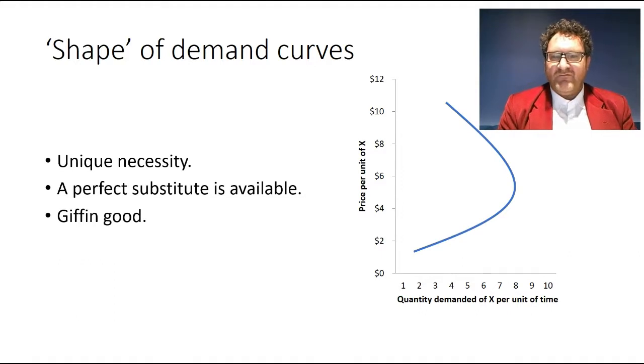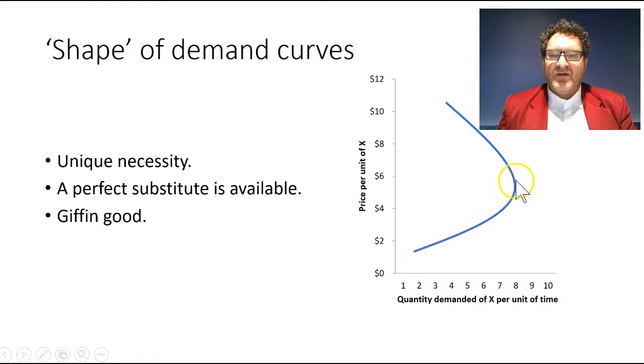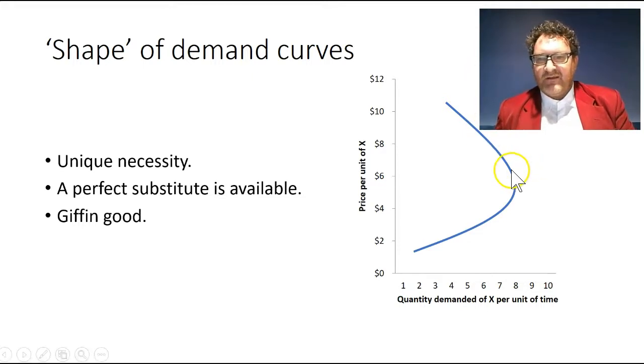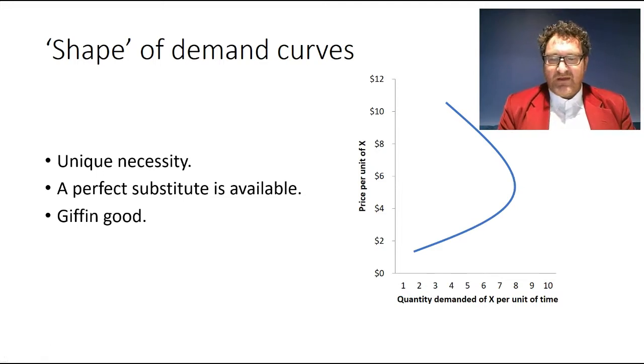So we could have a demand curve which looks like this. And this is the upward sloping portion of a demand curve. And this we would classify as a Giffen good. Presumably, however, as the price of the good rose higher and higher, the substitution effect would eventually become dominant, would overpower the income effect, so that we would get a downward sloping demand curve again. So it's conceivable that you could have a weird looking demand curve like this.